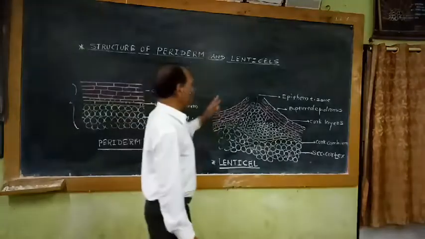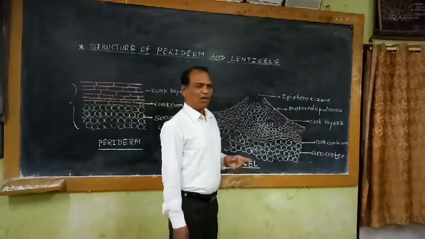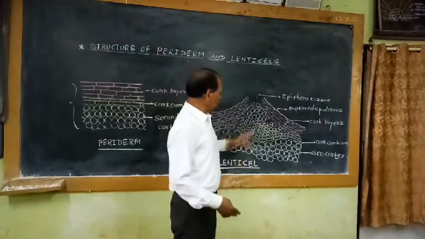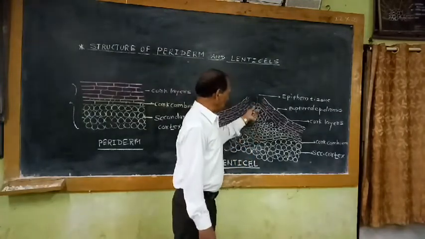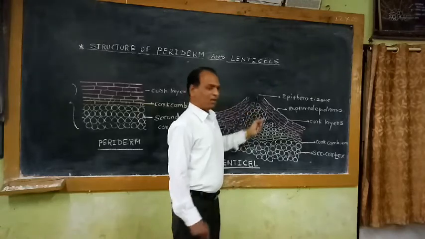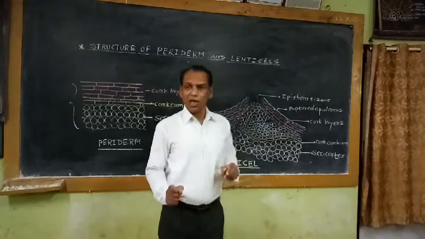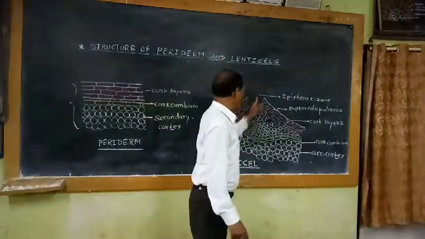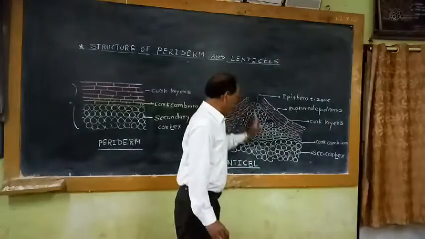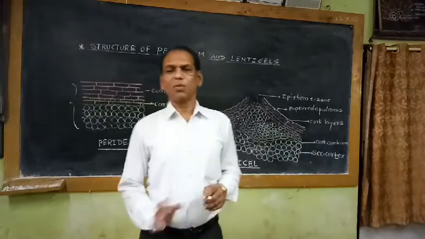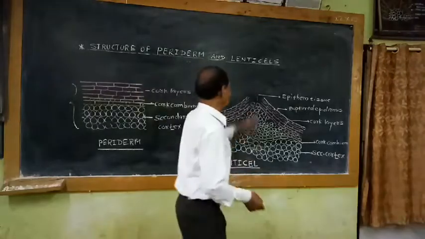So for facilitating the exchange of gases like O2 and CO2, where CO2 is produced as an end product of respiration and is thrown outside, and O2 from the surrounding is taken in, the lenticels function, because the complementary tissue cells, with a large number of intercellular spaces, are in close contact with atmospheric conditions. That's why they take part in exchange of gases. That means these lenticels play an important role in providing the O2 essential for cell respiration.